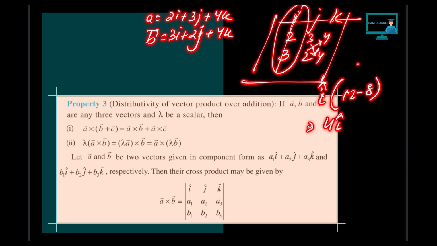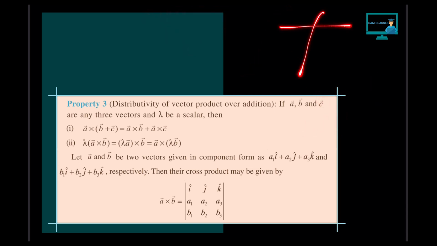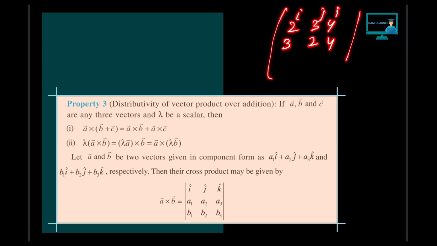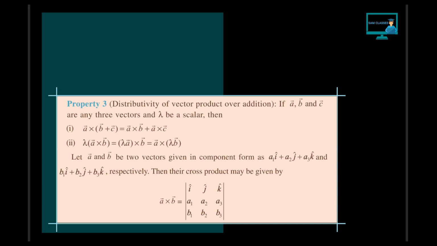Now for the second one, j, it will be negative. So leave this row, leave this column. So 2, 3, 4, and what values did we take? 3, 2, 4. Correct. i, j, k. So leave this and this. Okay, don't worry, I'll do it with a white pencil only.